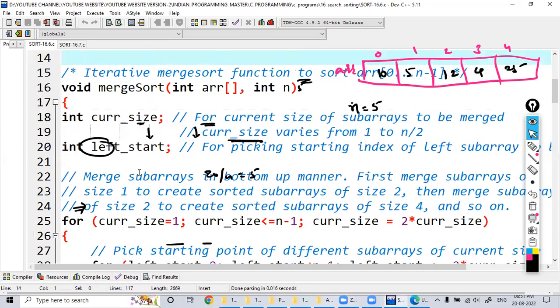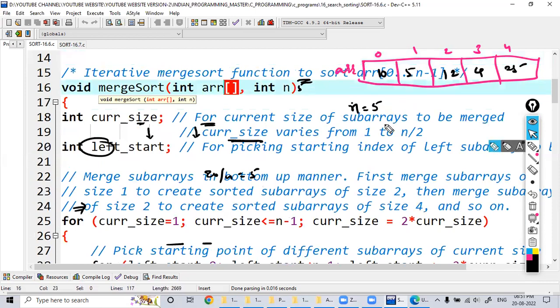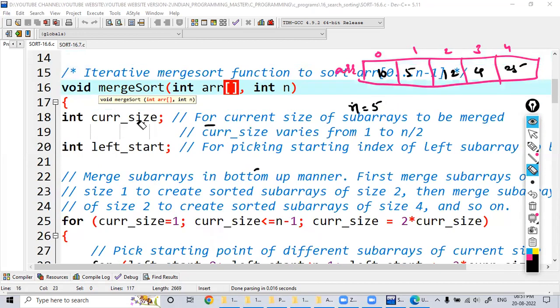So this is the definition of the merge sort. Here I have taken the different variables: n, the array size, current size, and the left start. So the current size value is, I take the value here, current